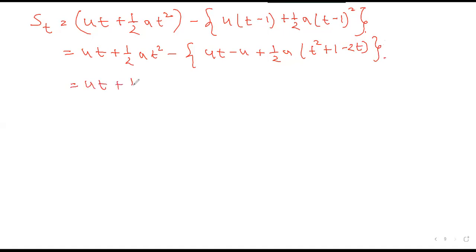This time I am giving you the complete step. Then when you get comfortable, you may reduce the number of the terms. मैंने ब्रैकेट ओपन कर दिया, 1 upon 2 a t square plus 1 upon 2 a minus a t. Am I clear? चेक करो मैंने सही लिखा है।